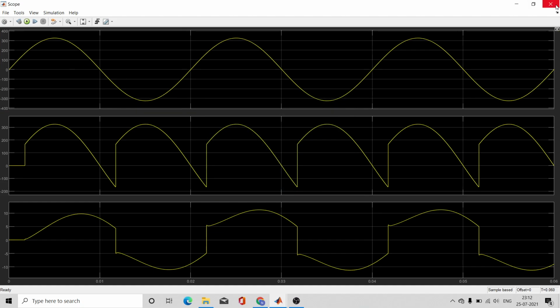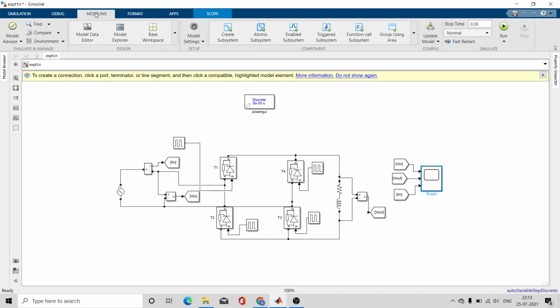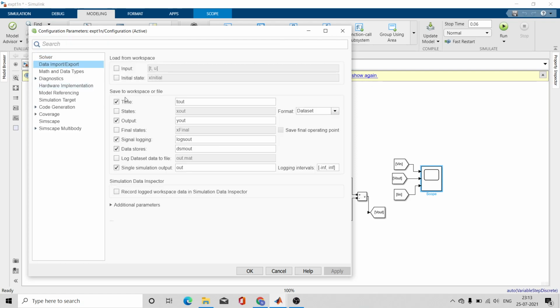Okay, and one more thing that you have to do: if you are using the current or a recent MATLAB version, then you have to go to Modeling, Model Settings, and go to Data Import/Export, and you have to uncheck Single simulation output, otherwise you will not get the FFT analysis properly.